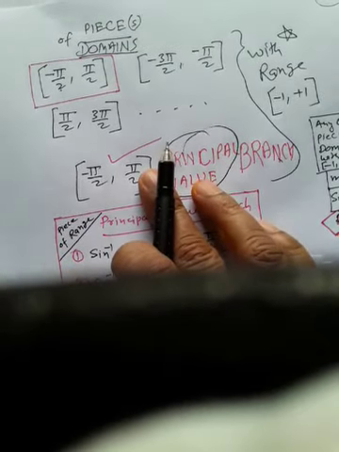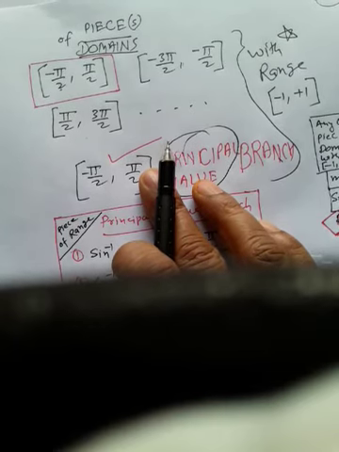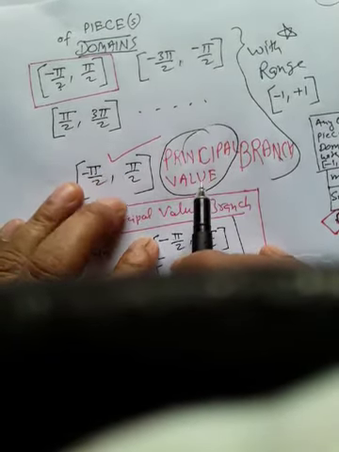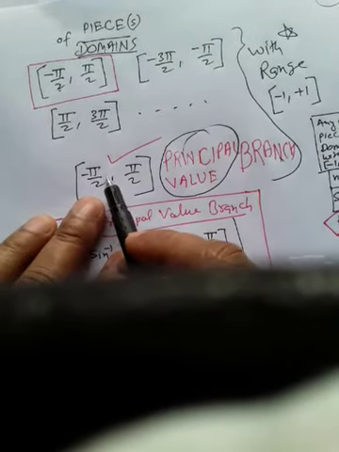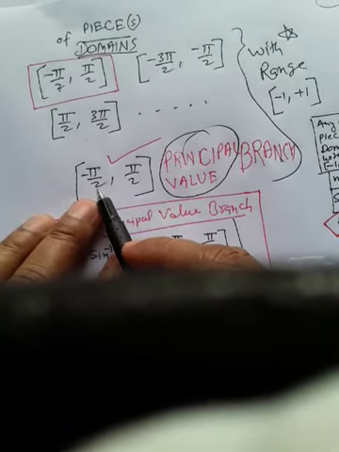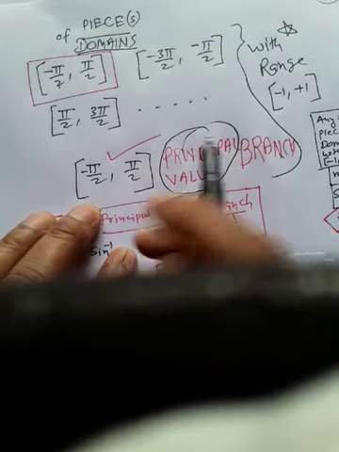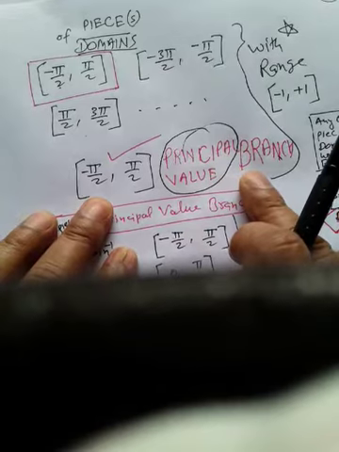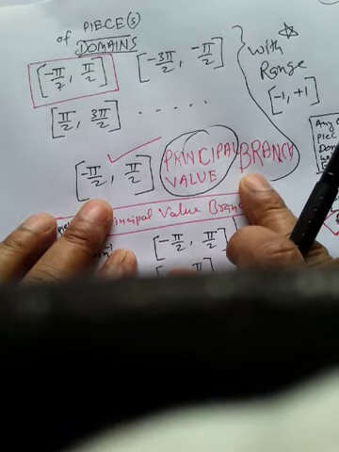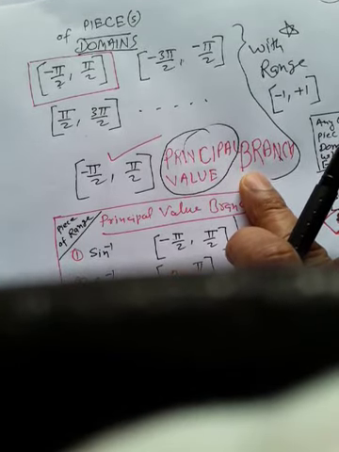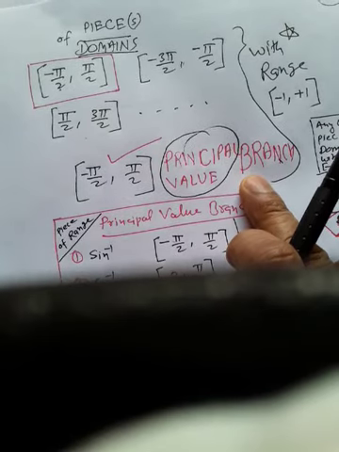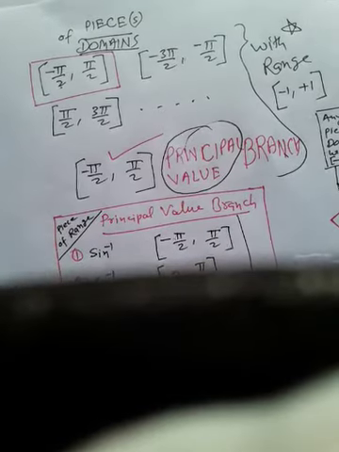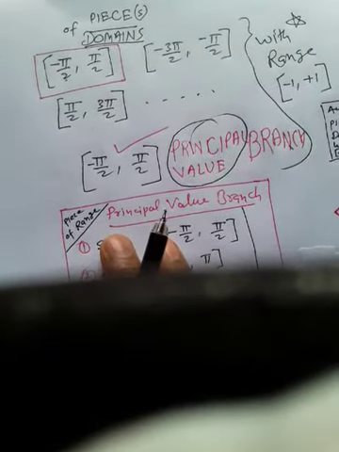For every inverse function, remember, out of these pieces, we will have one principal value branch, and for sine it is minus pi by 2 to pi by 2. This one we will take as the principal value branch. Remember, this has been done from time immemorial. We are using this as the principal value branch. And you can see this through this figure also.